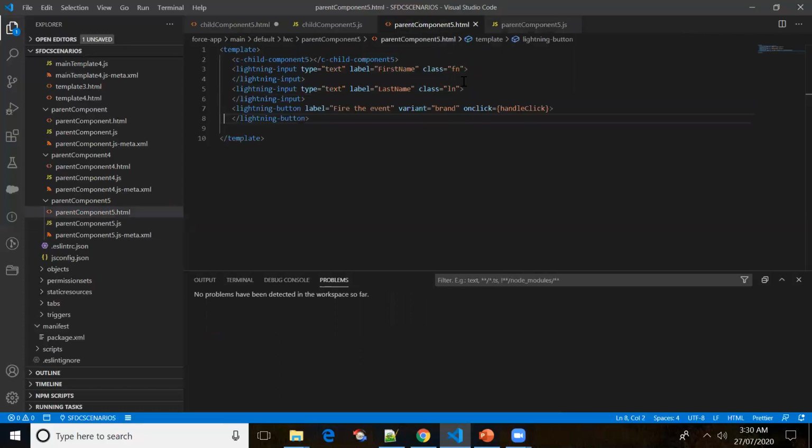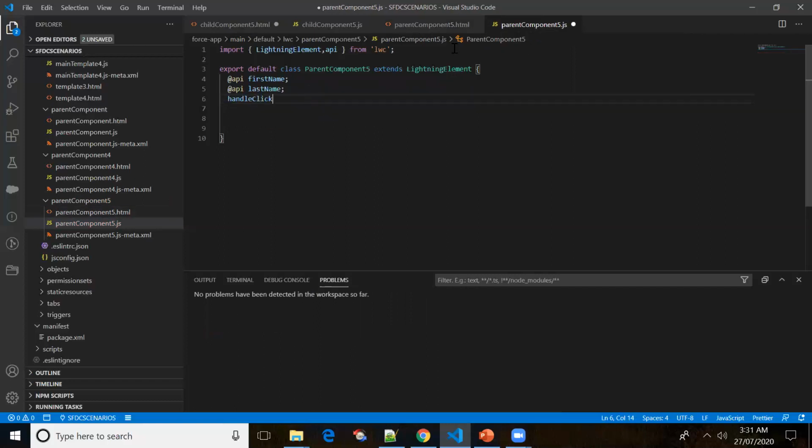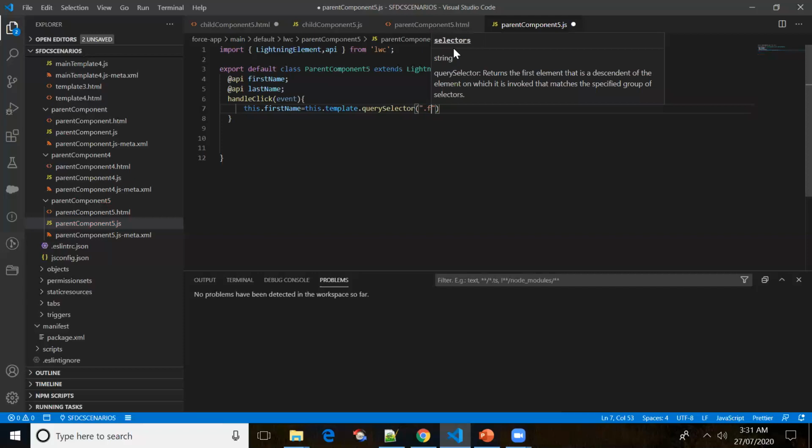So let me copy this method. Okay, so handle click event. If we want to refer to the variable, we have to make use of first name. So this dot template dot query selector, and first name dot, since I want to get the value, dot value.